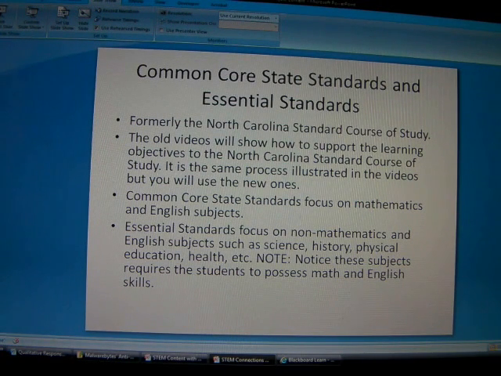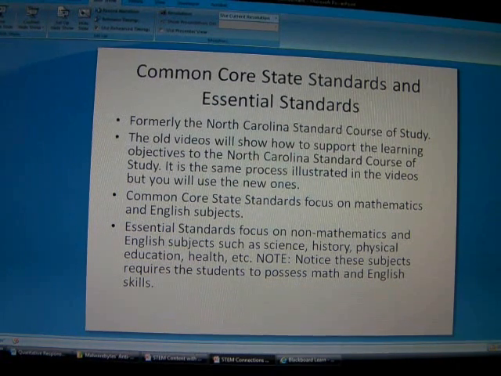All right. Now, when you use the Common Core Standards, you may not need to use the Essential Standards, depending upon which subjects you select. Some students may want to combine both Common Core and Essential Standards because that's what they want to do. But in this course, for this web quest, select a subject area, and that will depend upon which Common Core State Standards and Essential Standards you will select,